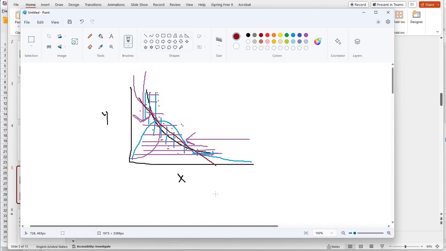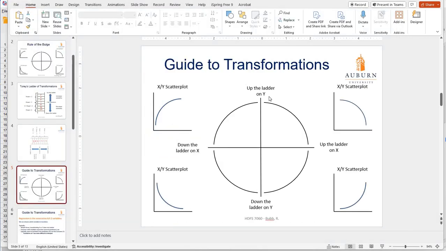And that's really what our rule of the bulge and Tukey's ladder combined together is addressing. So address one, I address the other because they're tied together. Okay, so now going back to our slide here, so again, if we're focused on this bottom left-hand quadrant, down